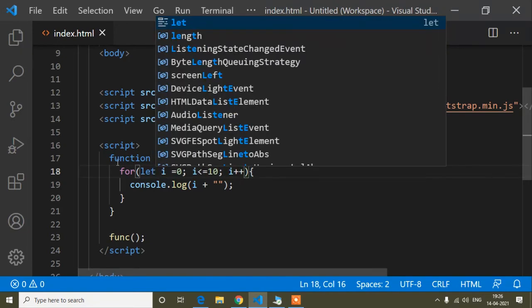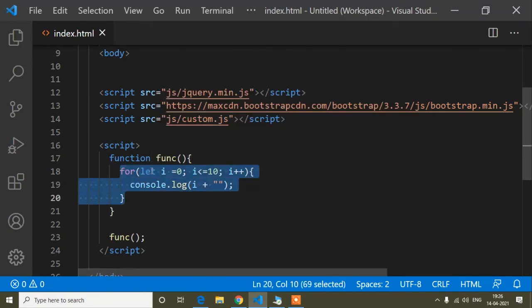And I will recommend, don't use the var keyword here, use the let keyword. You can use the var keyword also, but I will suggest using the let keyword because let is faster than the other. So guys, hope you have understood the difference, okay. But guys, now I will suggest where we should use each of the 3 variables.